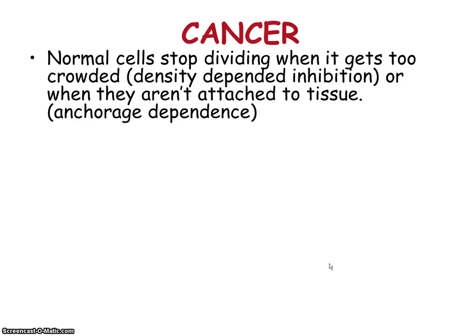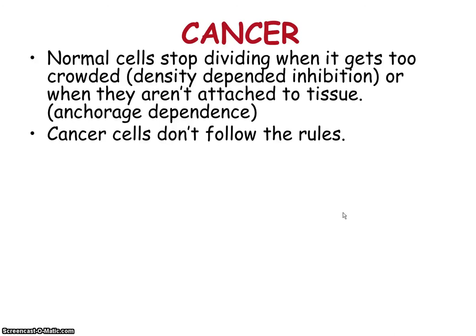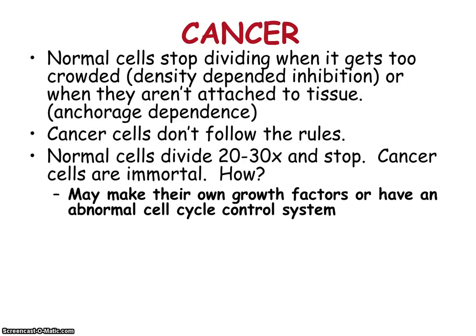They basically send a signal saying, okay, don't divide, we're out of space. Or if a cell breaks off and it's not attached to any tissue, again, it should send a signal saying, don't divide, you're not attached to anything. But what happens in a cancer cell is that there's some kind of damage to the DNA so that those cyclins and kinases are produced when they're not supposed to be produced. There's nothing stopping the cell cycle. The cell cycle just keeps going. So the cells just keep making lots and lots of copies of each of themselves.